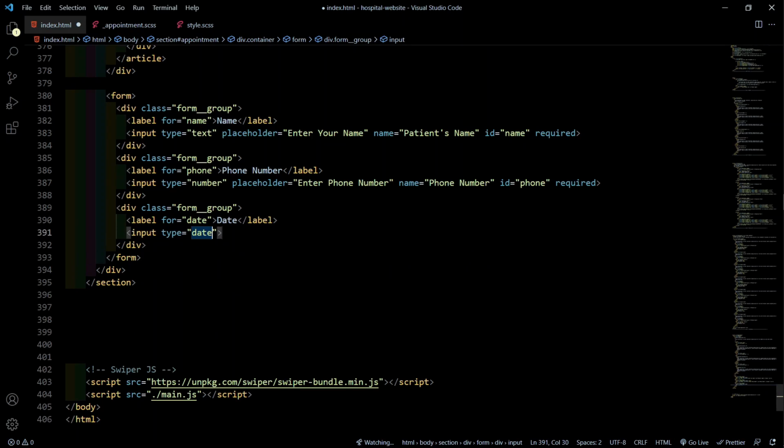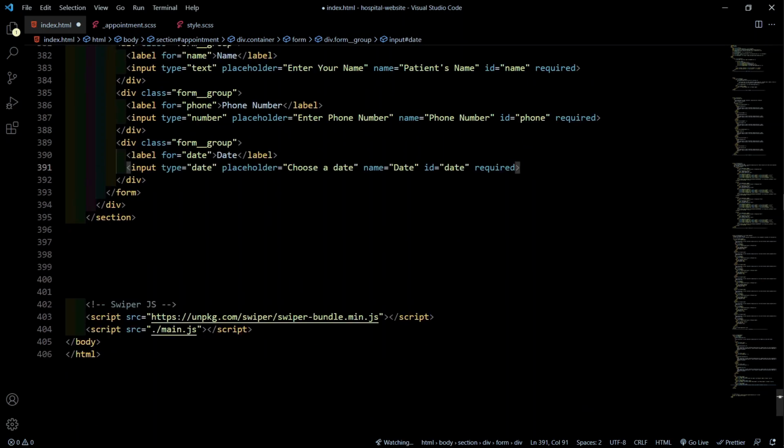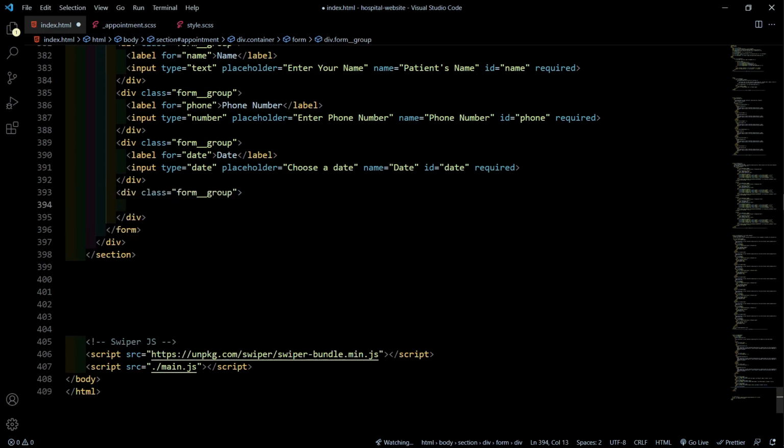The type is going to be date. The placeholder for this is going to be choose a date, and the name is going to be date. Let's give this an ID as well of date. Now below that we are going to have another form group, with a class of form group. Let's have the label, which is going to say select department,